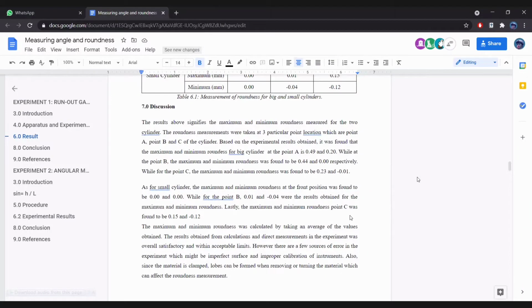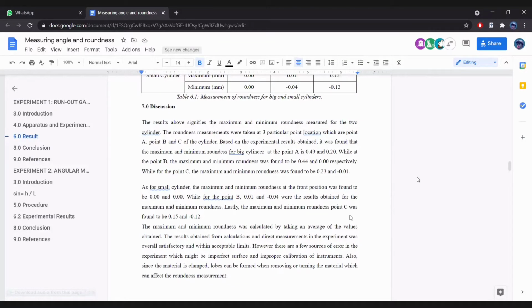We have two types of cylinder, big and small. The maximum reading for the big cylinder at point A is 0.49 and the minimum is 0.2. At point B, we get 0.44 maximum and the minimum is 0.0. At point C, the maximum reading for the big cylinder is 0.23 and the minimum is negative 0.01. Followed by the small cylinder,